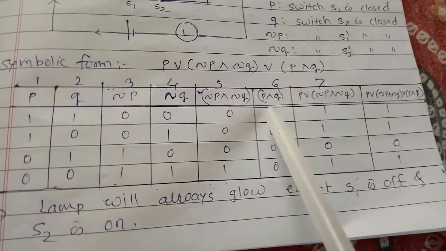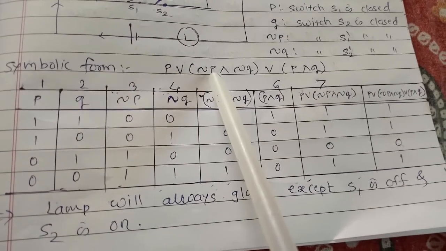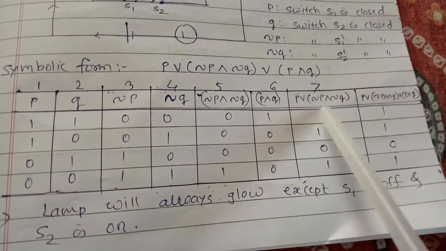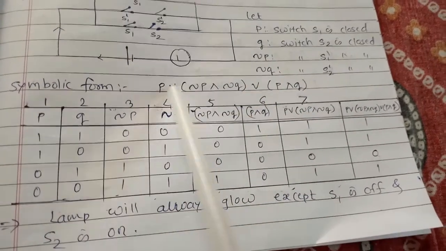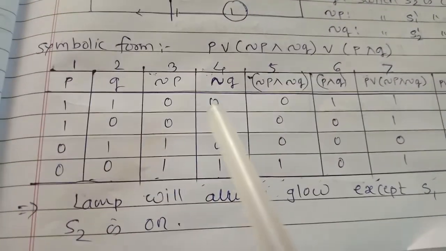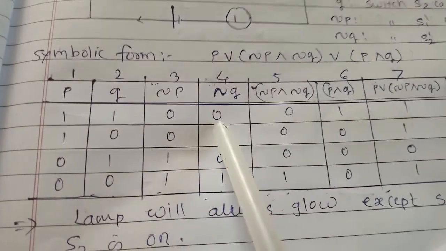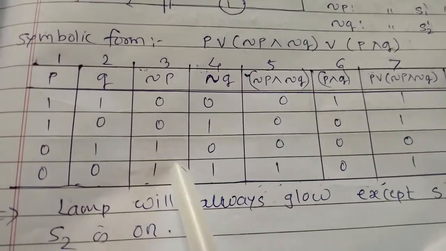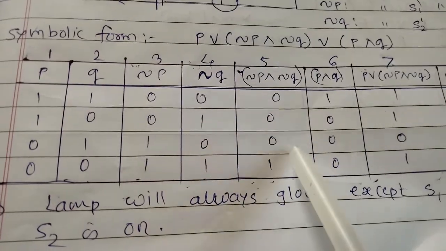Then we take this bracket, that is P conjunction Q. After that we take these two, that is P disjunction negation P conjunction negation Q, and the last will be this total symbolic form we have to write down in the last column. See this. Now see, we write the negation P, so you know how to write down negation Q also. Then negation P and negation Q, between these two we have to take conjunction. So the conjunction rule: if both the statements are true then it is true, that is 1, otherwise it is false, so it is 0.